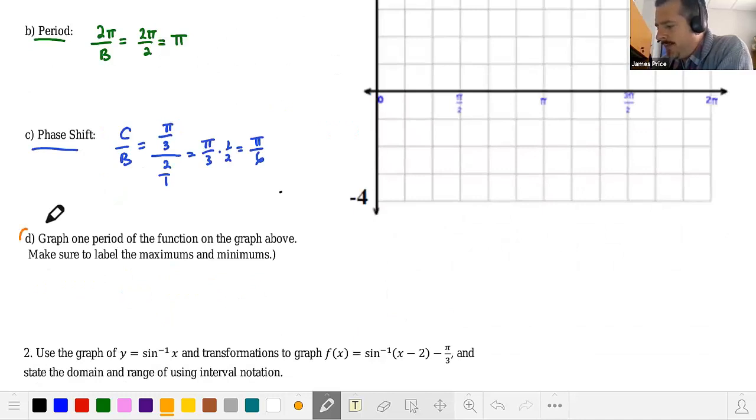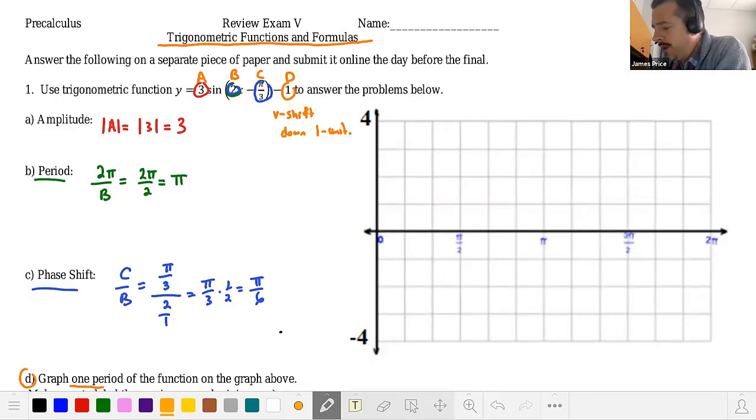So if you look at part D, it says graph one period of the function on the graph above. Make sure to label the maximums and the minimums. So let's do that. To do this, we're going to start with this